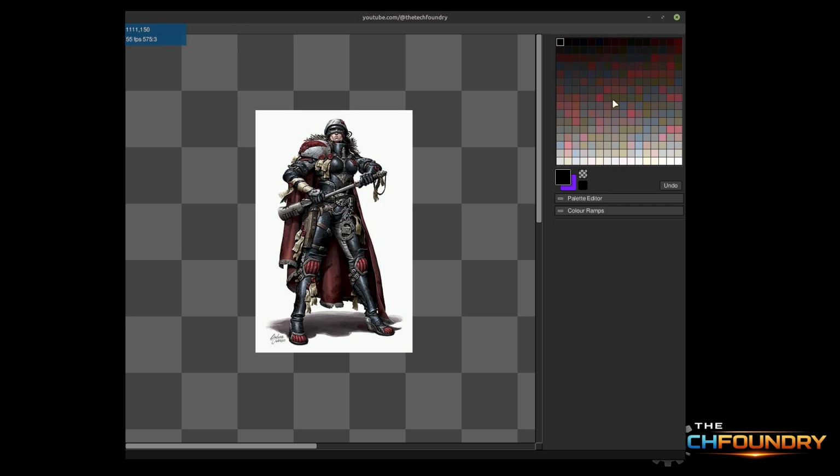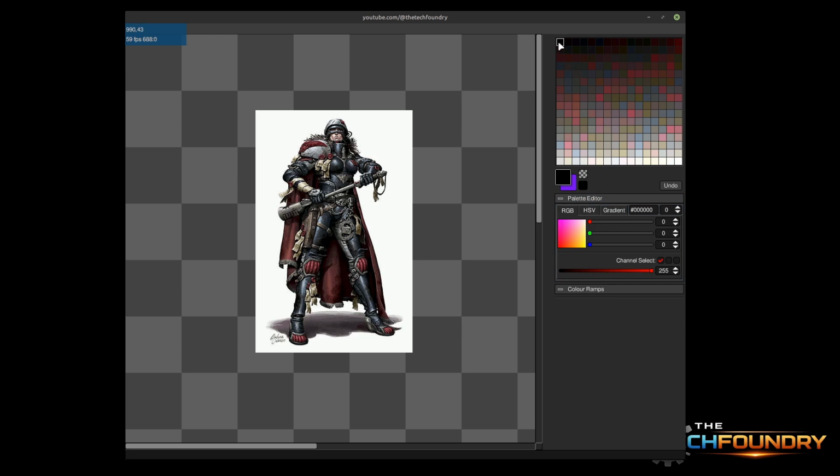So this is a fully indexed palette pixel editor like the old DPaint 3, and I've managed to load an indexed PNG, which is this image here. As you can see, its palette has been extracted and populates all 256 slots in my palette on the right hand side. So if I go to my palette editor, one of the cool things about this, because it's an indexed palette,